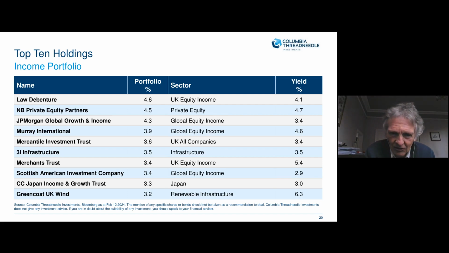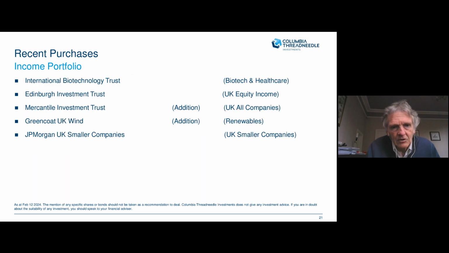And yet the discount here hasn't tightened in at all. It's still 13%, and I think offers outstanding value. So I like Mercantile, and you can see here some of the purchases I've been doing. Mercantile, the Edinburgh Investment Trust, and also more recently I've been buying the JP Morgan UK Smaller Companies Trust, which